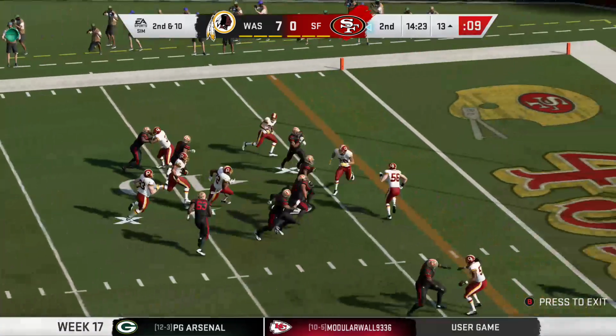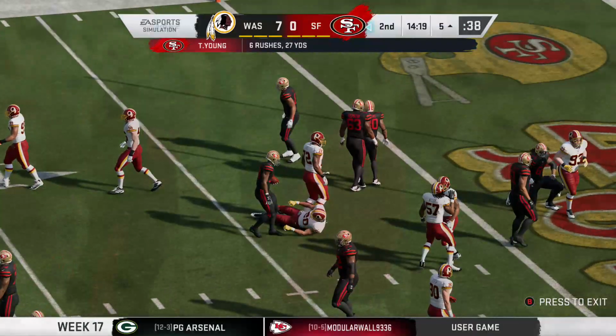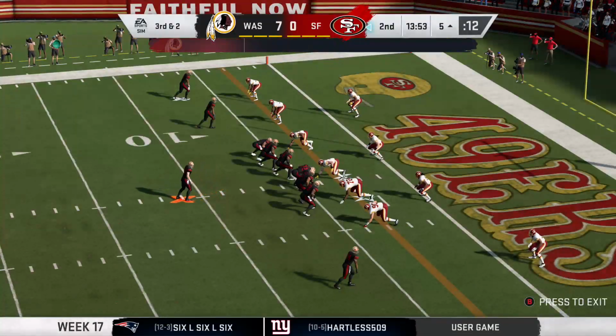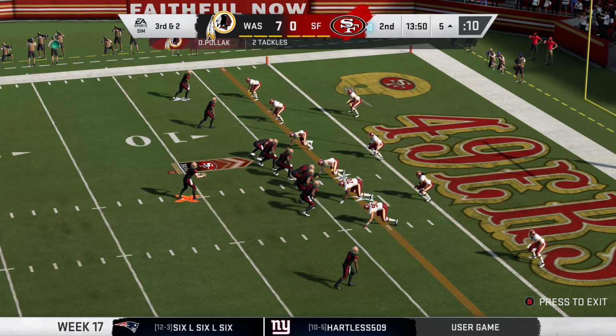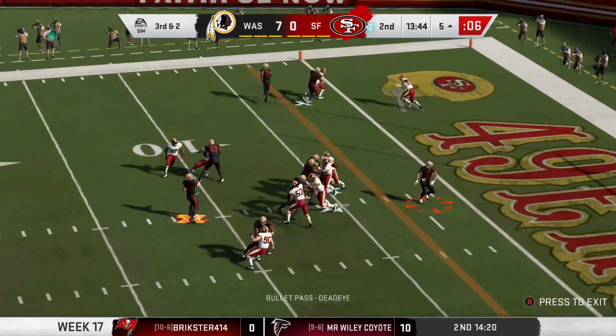And he'll give it here to his running back. This defense against the run, by the way, they're not top 5, but they are top 10. So what's your philosophy here? Do you try and run the ball against a team that's pretty good against the run? What if you're a pretty good running team? If so, you might want to go ahead and run it anyway, because that's...